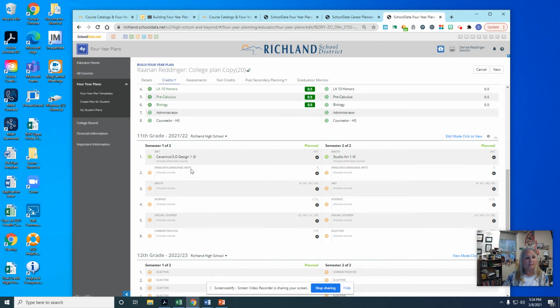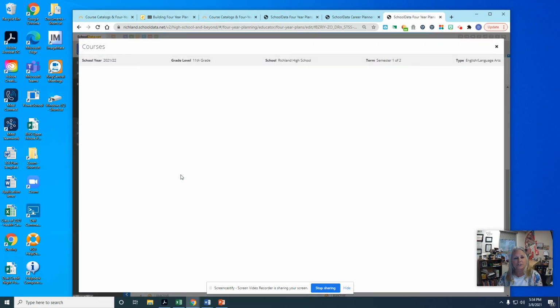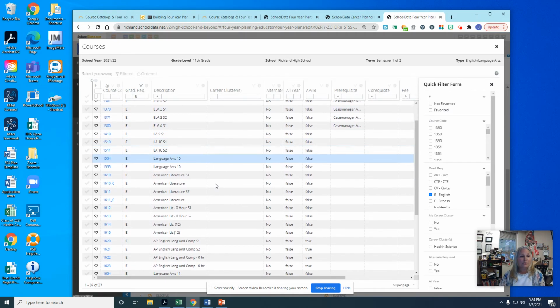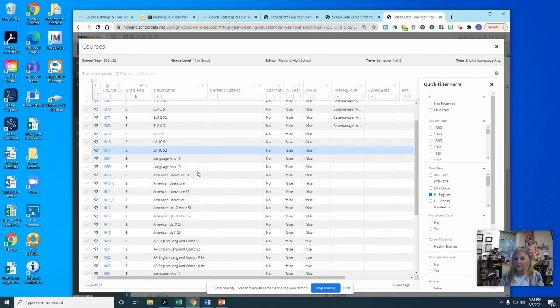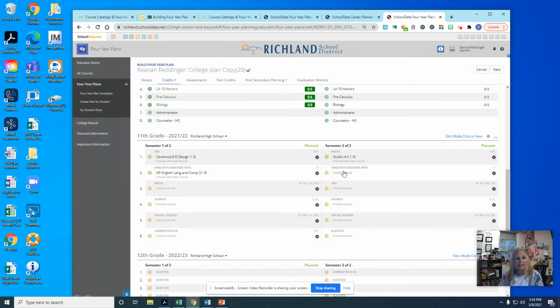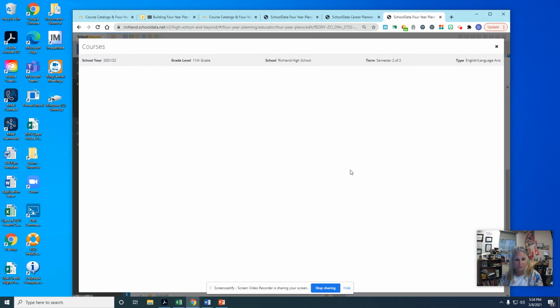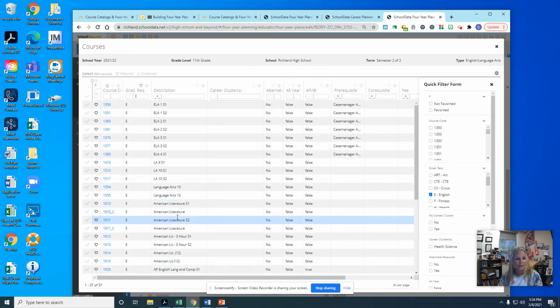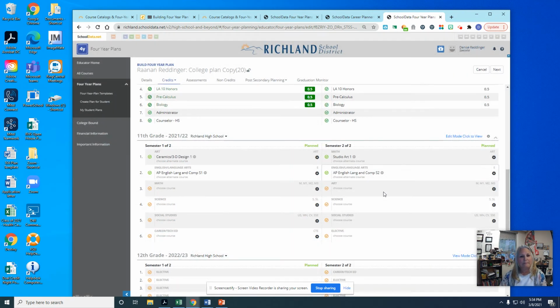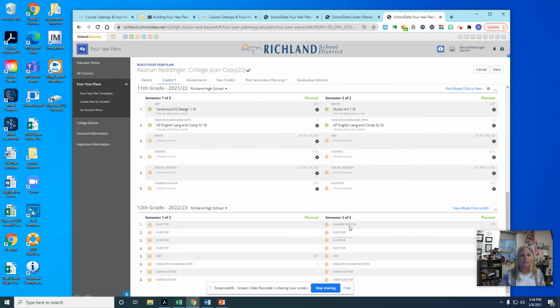And so language arts. So let's go there. Let's choose a language arts class for Rainan. And this will pull up the language arts classes that are available for 11th grade at Richland High School. So most kids take American Lit in grade 11. Some kids take AP. So I want to push Rainan a little bit, and we're going to take the AP Language and Composition, and then we're going to choose it over here for semester 2 as well. Where is it? There we go. Semester 2. And then you're going to go along and you're going to complete these classes.